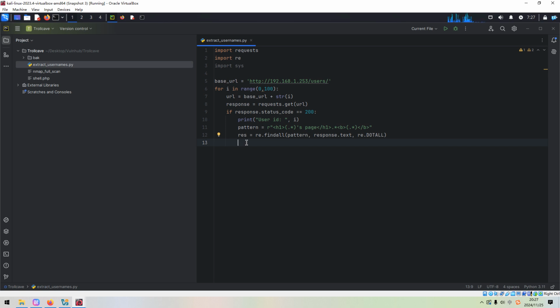So how to do it? We can print out the username. The username would be the first element in the tuple.